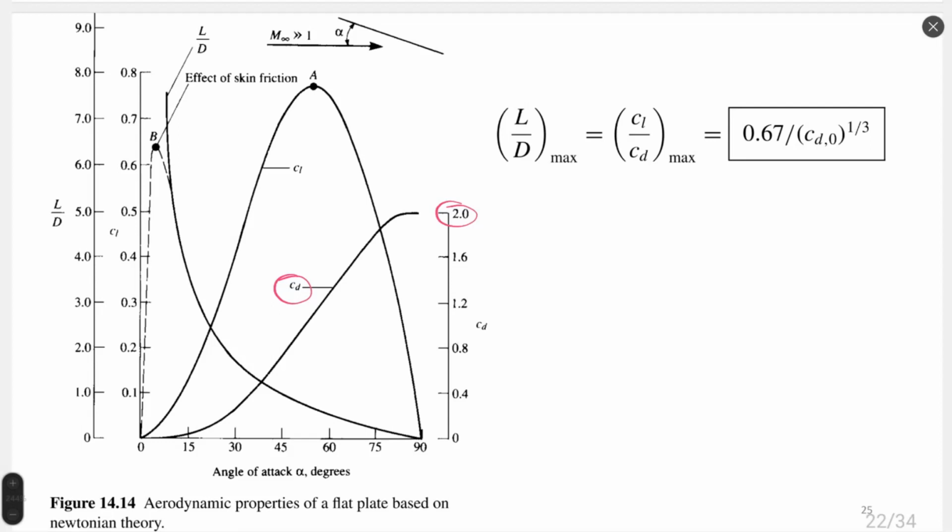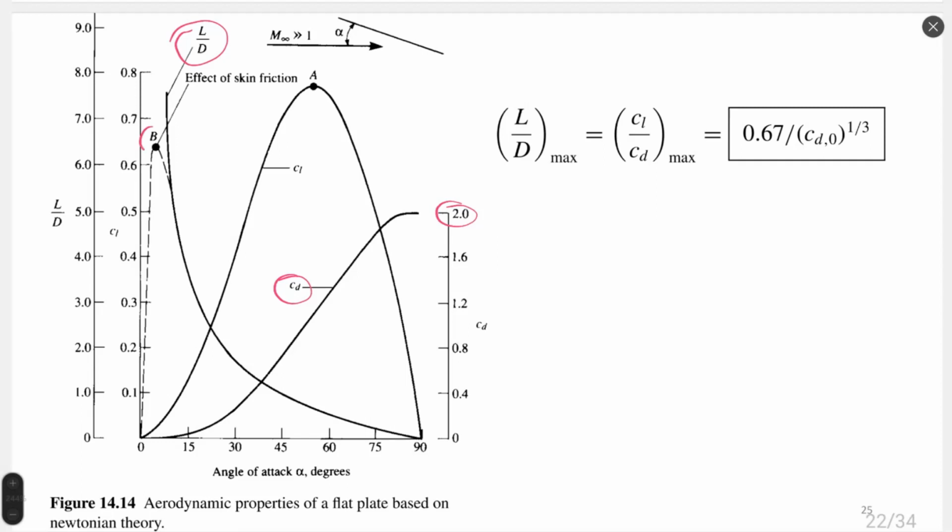Also important here is the lift to drag ratio. Theoretically, lift to drag ratio can go to infinity at a small angle of attack, right? Because lift would be going to 0 much faster than drag. So lift to drag ratio goes to infinity. But for real